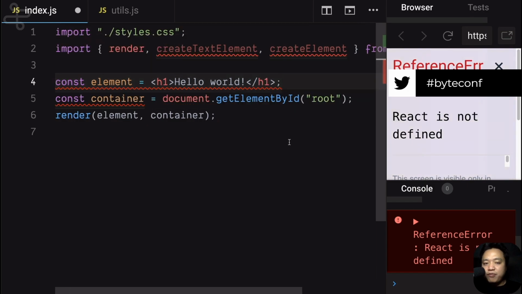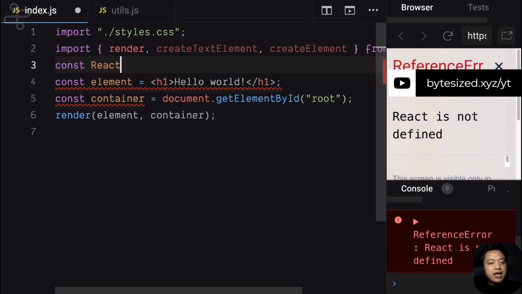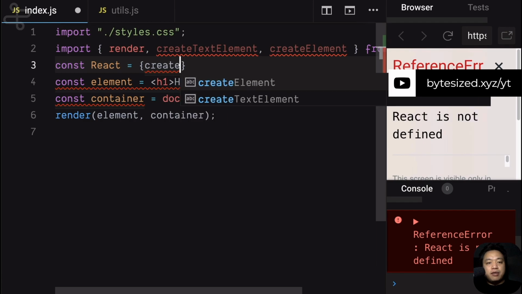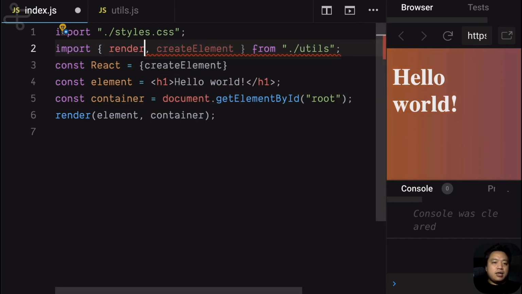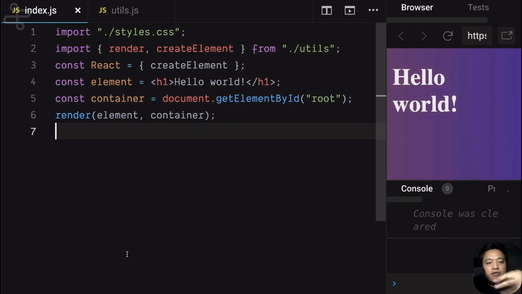This still isn't good enough because JSX transforms to React.createElement. So we actually have to define an object, and we'll just call it React. We can call it other things, but then we'll have to change the pragma. We'll just call it React.createElement, and then that should work fine. So here we have a pretty good representation of how it is to write JSX and render it to the DOM. We create the element, we write JSX, and then we add it to a container,